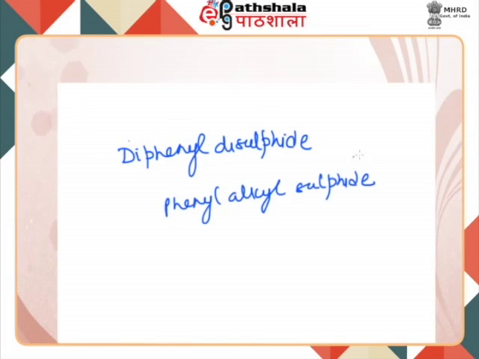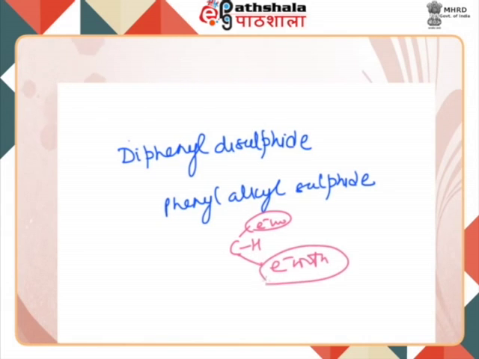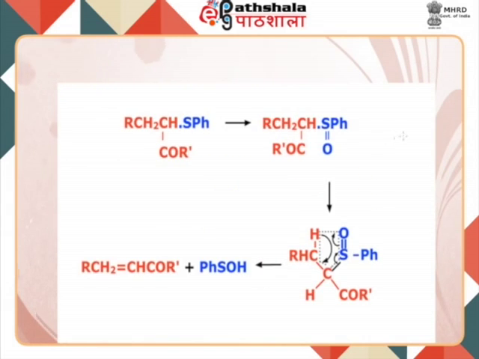From the compounds which contain the activated CH bonds. What are the activated CH bonds? That is, you will have the electron withdrawing group here as well as electron withdrawing group here. So, you can see here in this reaction the oxidation of this sulfide